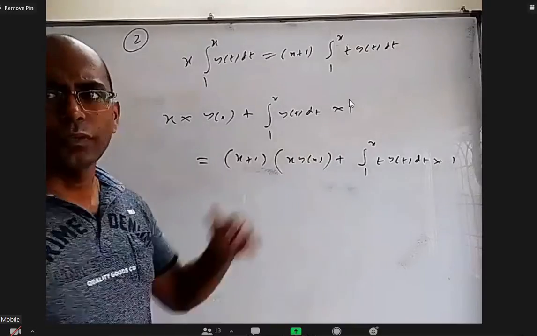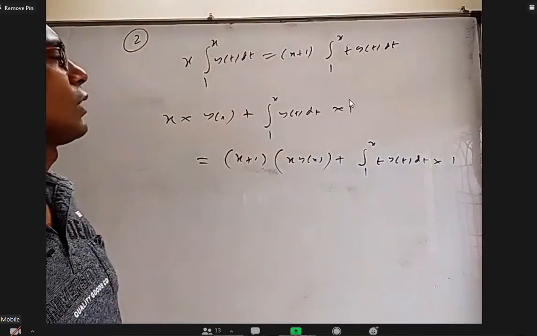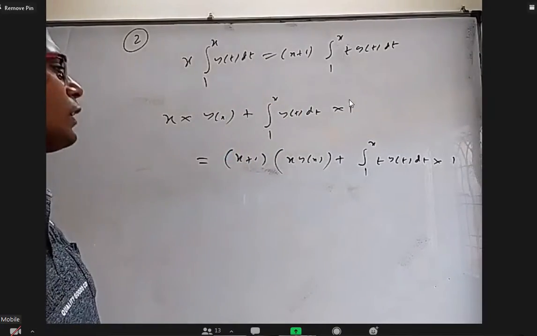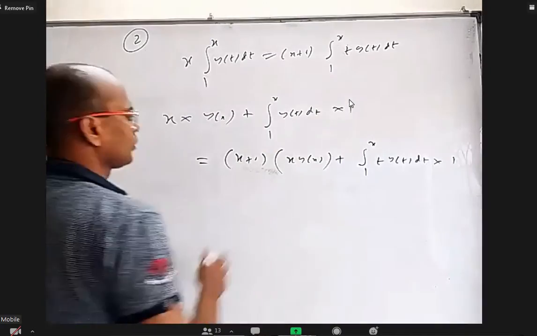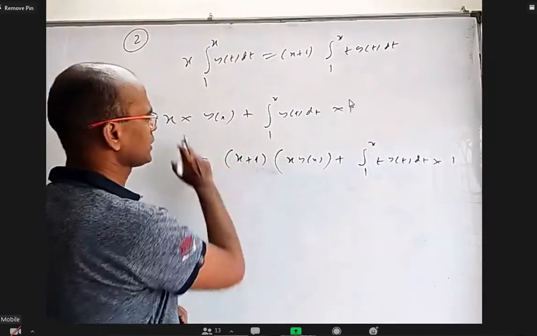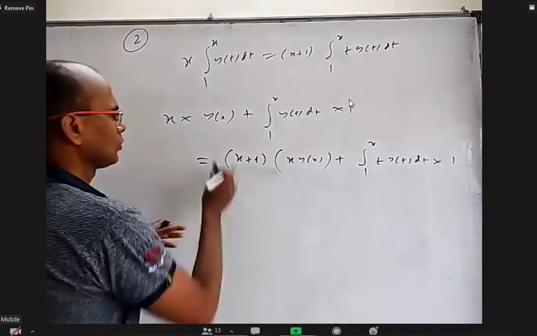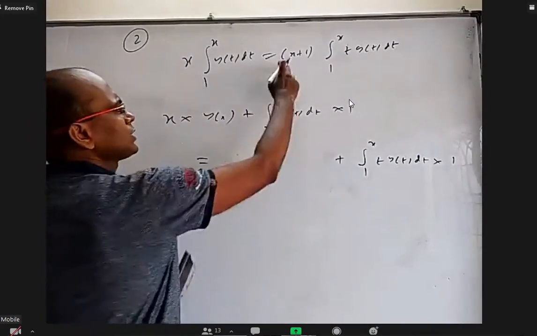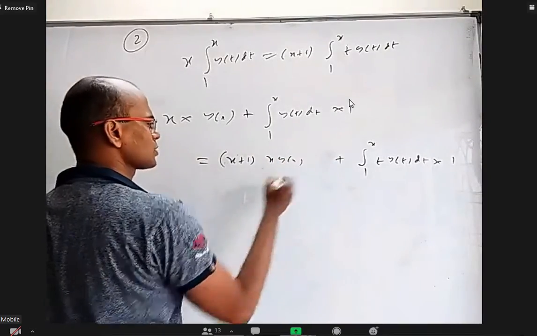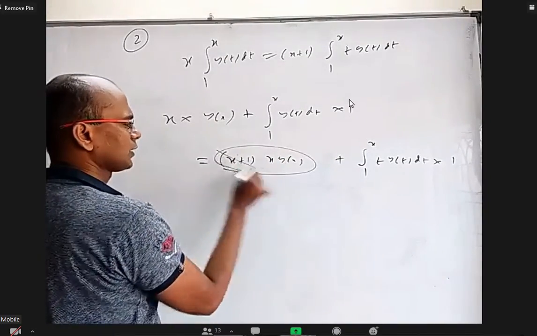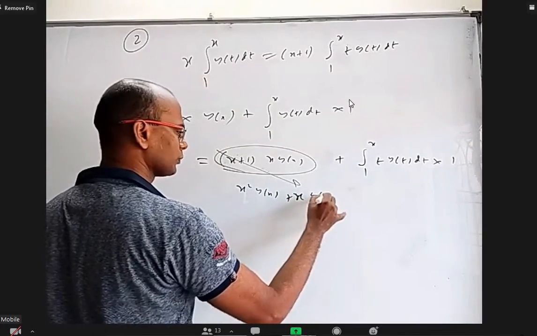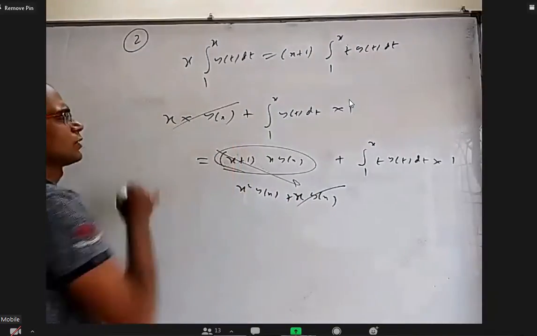Okay. So even though we differentiated once, the integration is still not gone because we are using the product rule. I think on the next derivative the integration will be completely gone. Before that, can I simplify something here? This is x y(x). When I open this, x y(x) will cancel. So let me multiply this: (x plus 1) into x y(x), I can write as x square y(x) plus x y(x). That will get cancelled with this.